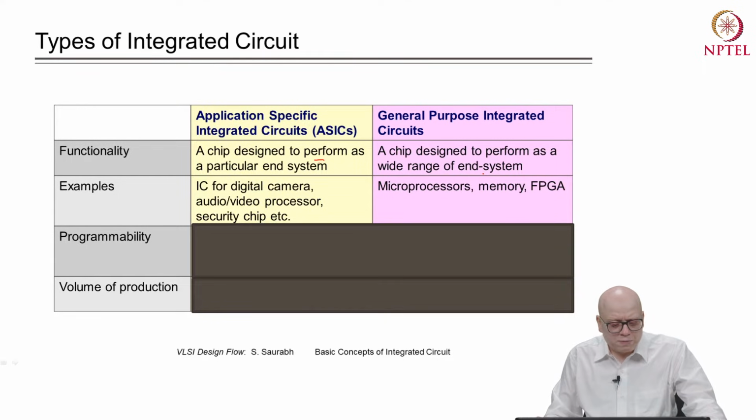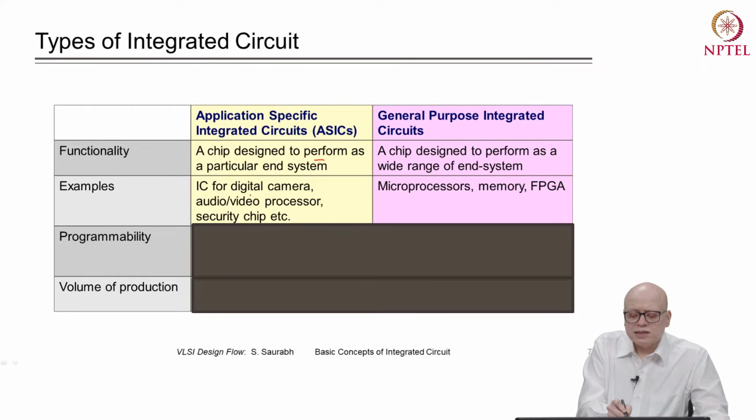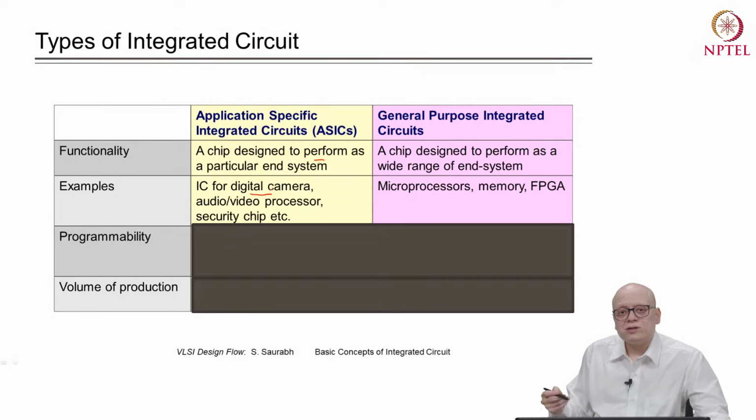So, an example of application specific integrated circuit is an integrated circuit for a digital camera, or an integrated circuit for audio video processing or security chips. Here the application is very well defined. So, the chip, for example, digital camera is used just for digital camera. While